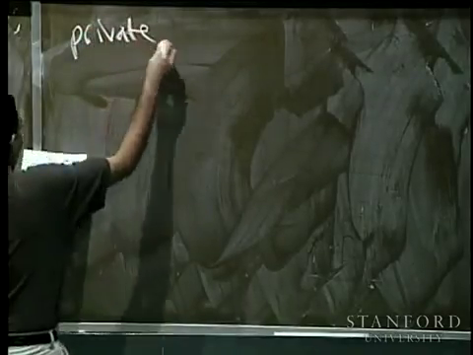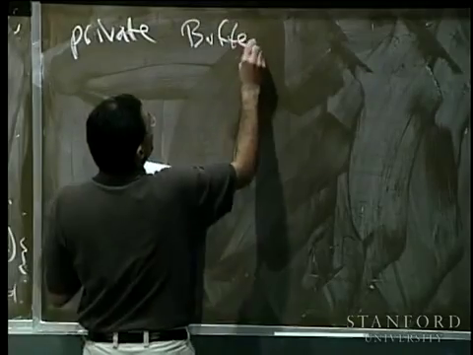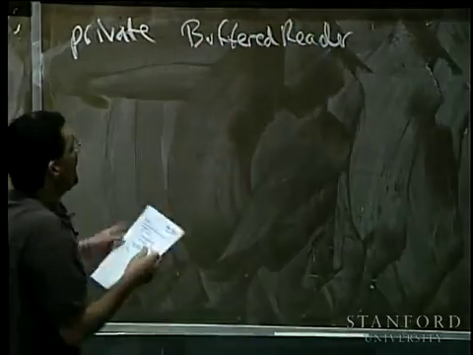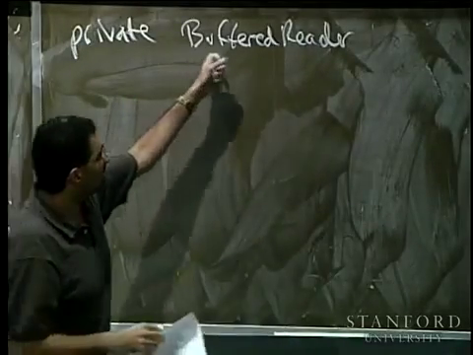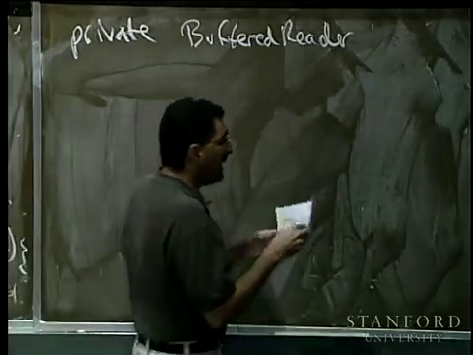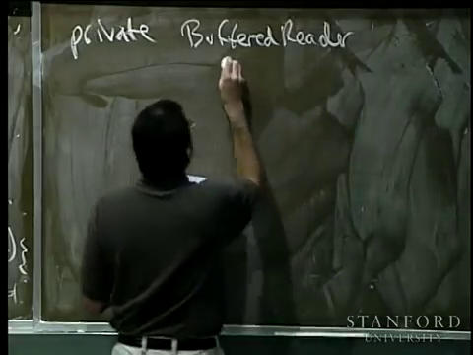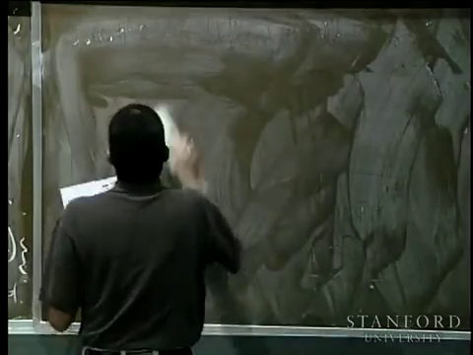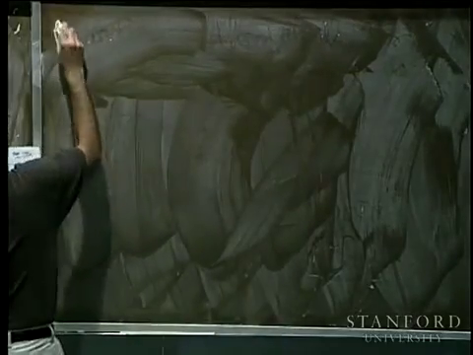All right, so we have private. We're going to return a buffered reader. So this is a function or a method we're going to write that's a private method inside some class. It's going to return a buffered reader. What we'll call this is open file. So the name of the method, let me make this all a little bit smaller so I can fit it on one line. Private